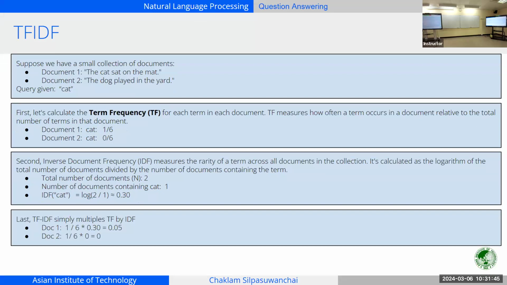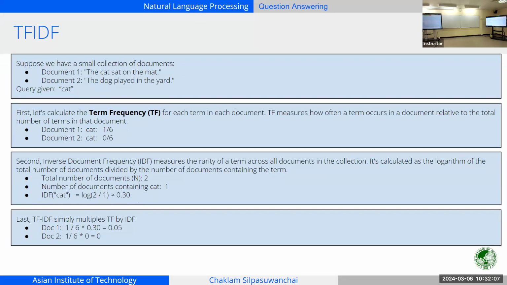So now, what is the TF-IDF? It's actually very simple. Just multiply TF and IDF. That's why it's called TF-IDF. Just multiply these two scores. So for document 1, you take 1 divided by 6 times 0.30, which is 0.05, right? And